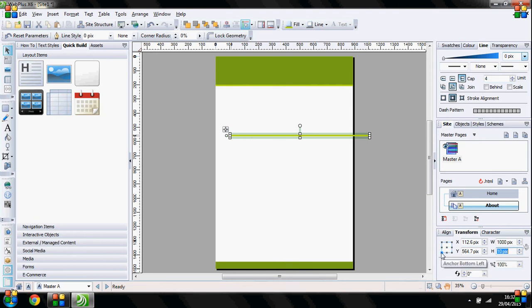So at the minute we're still looking at this bottom left anchor, which is probably going to be the easiest for us. So what we want to do now is move that point, that bottom left hand corner,